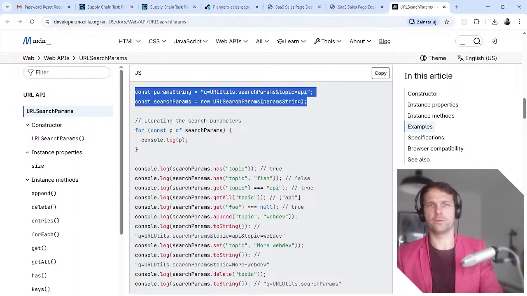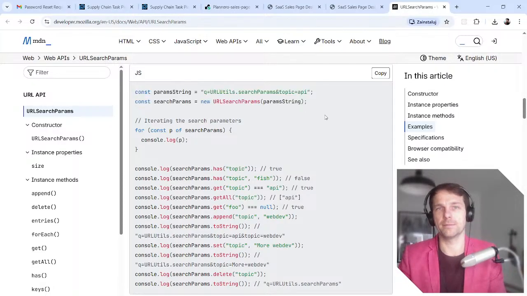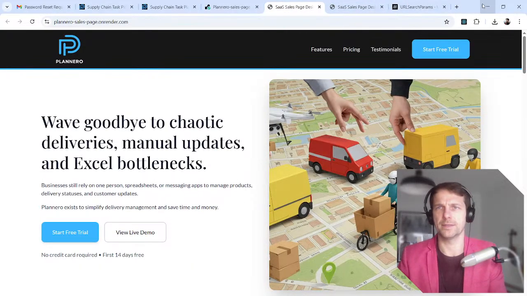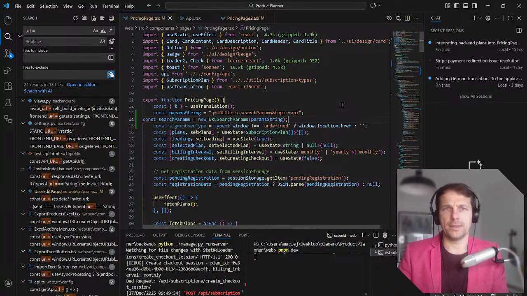Thanks, Valeron, for mentioning that. You are right if you have that API, but I don't have it in my project, and I could bring it, obviously, but for now I'm just gonna do it the good old-fashioned way. So I know that this is the search params, URL search params.